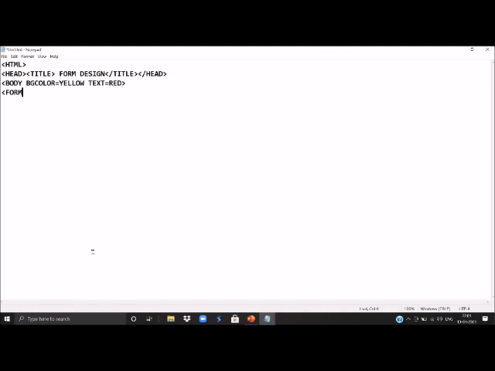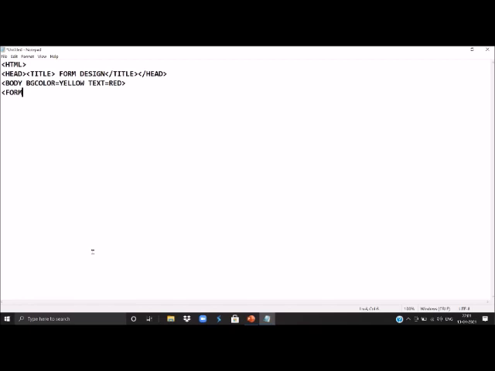And the second value of method is post, which is a secure method as it does not display the data being submitted through the form in the URL.